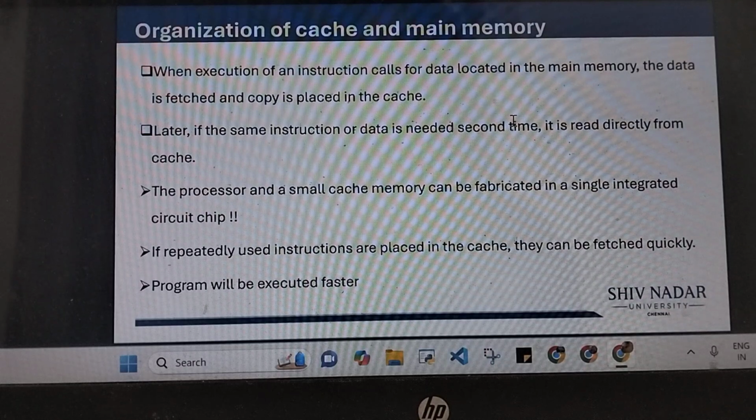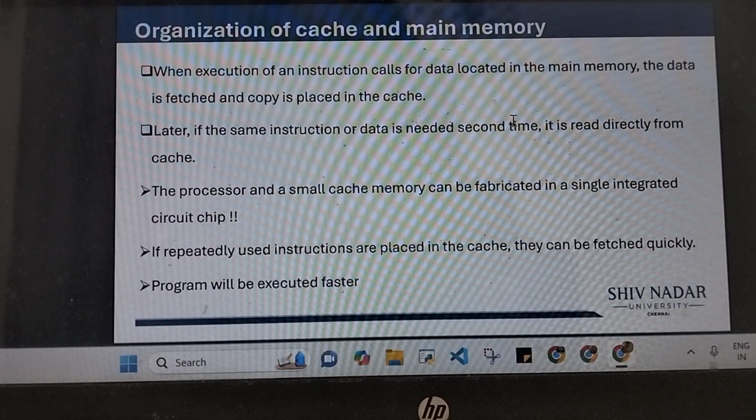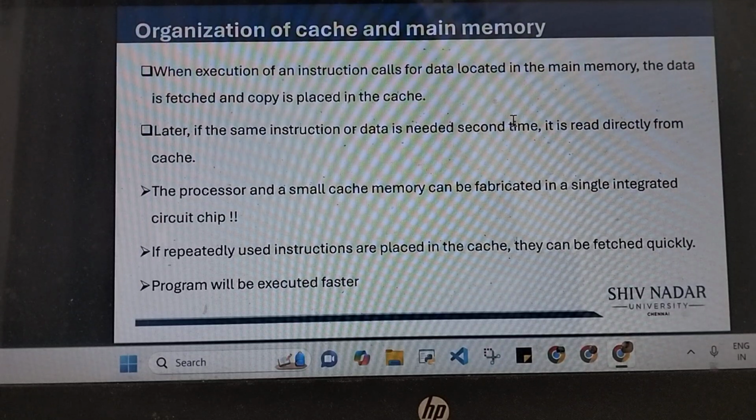From lowest to highest in terms of size, it is registers, cache memory, RAM or main memory, secondary memory. Registers are the smallest in size, secondary memory is the largest. The access time is minimum for a register and maximum for secondary memory. Hence the access speed is just the opposite. It is maximum speed for a register, minimum speed for secondary memory. And cost wise, again, your registers are very expensive, your cache memory is very expensive compared to primary memory or secondary memory.